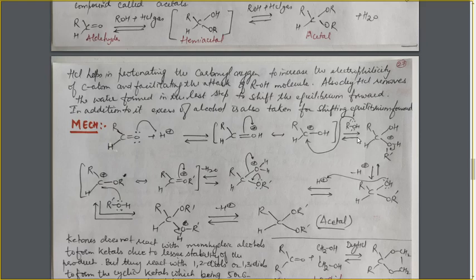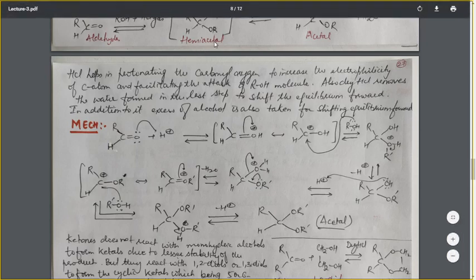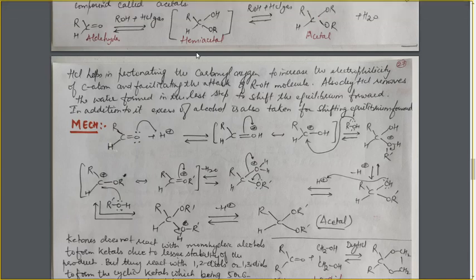So here in this step, the oxygen is donating its electron density or lone pair towards this carbon atom and gets positively charged. After this positive charge, the oxygen atom will withdraw its electron from the OH bond and lose it as H positive ion, and this species is formed. What is this species? This is hemiacetal with single OR group. Just like in this case, hemiacetal, one OH group and one OR group.